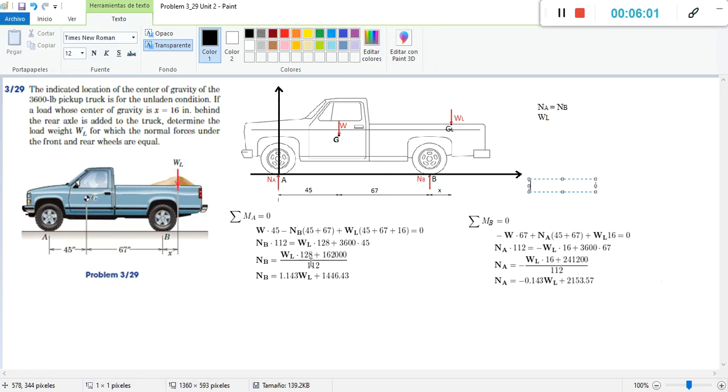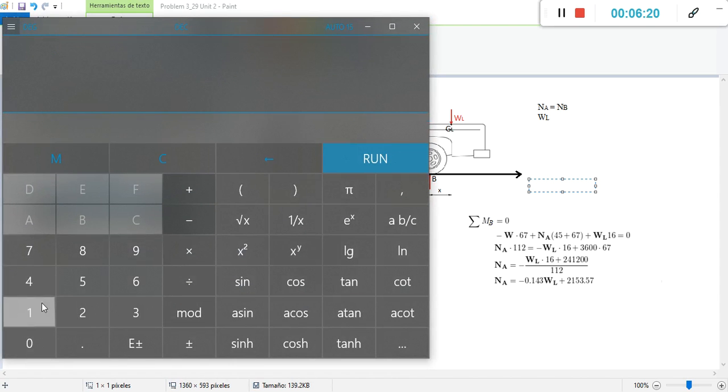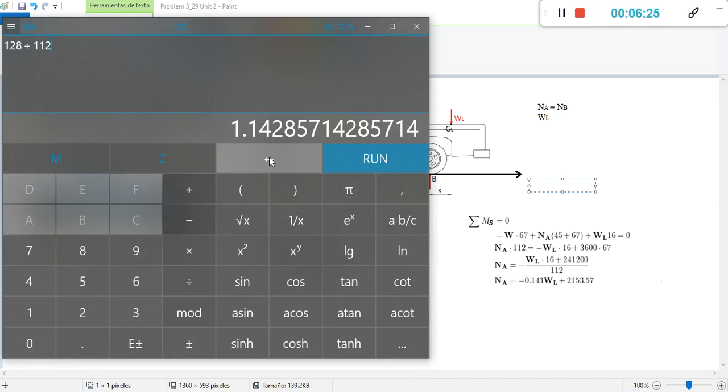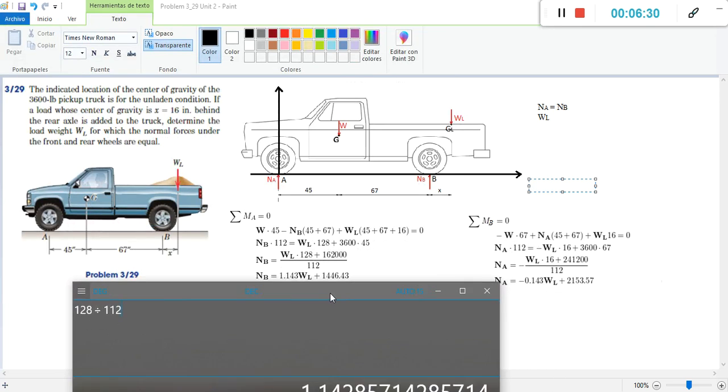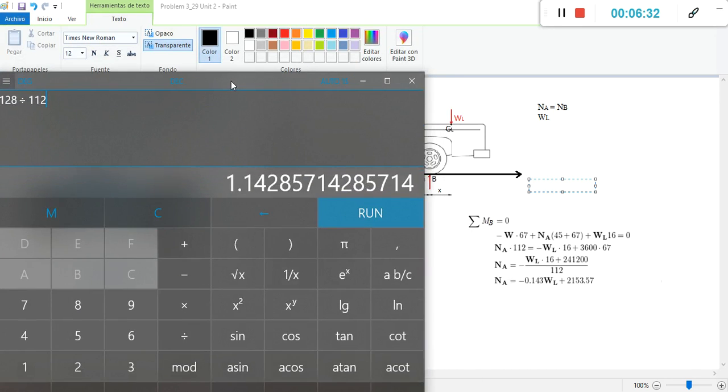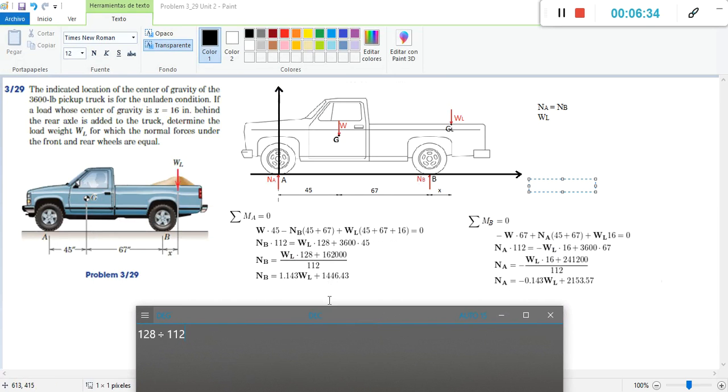Okay, now making this, we need to make the division between this and this and this and this, and we're going to separate in two ways, like to make an equation. So from this, we're going to do 128 over 112, and we have 1.142.8. So we can round it to 143,